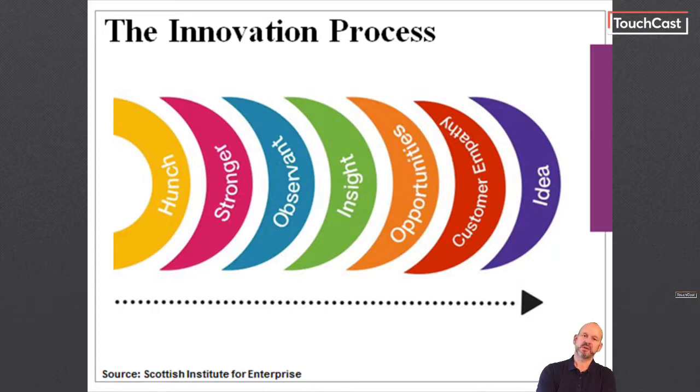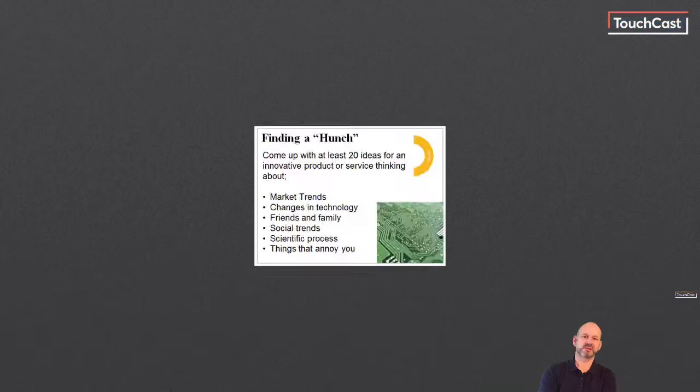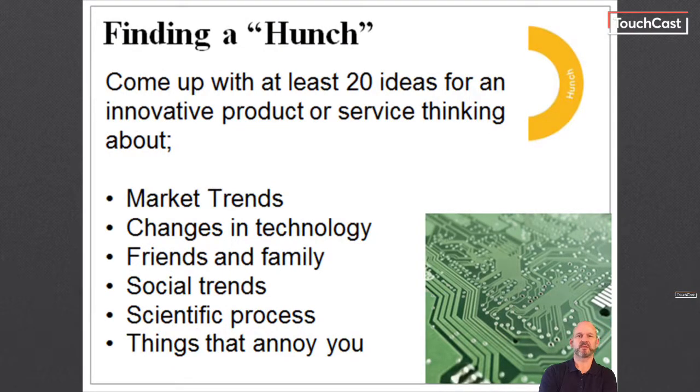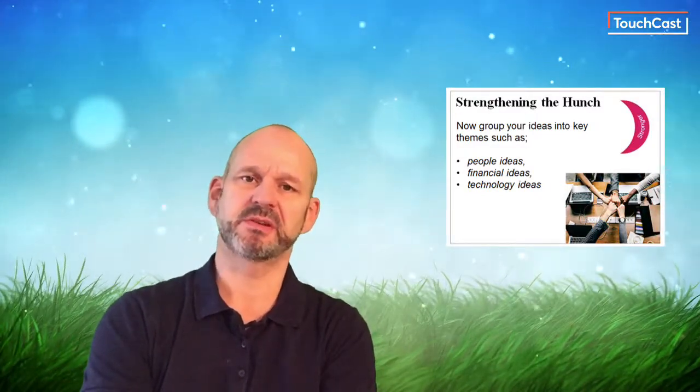So first of all, we need to start by finding a hunch, and to do this, just start an online discussion in your work group, remembering where we can look for inspiration from. From this, we then need to cluster ideas around key themes like technology ideas or people ideas, or into wider themes such as leisure or food and drink. This will help us to focus in on a potential opportunity and will also allow us to sort our ideas to identify if some of these are potentially just features of the same idea.